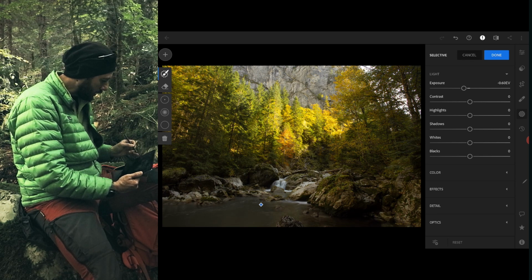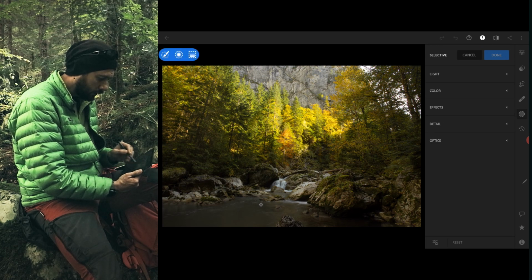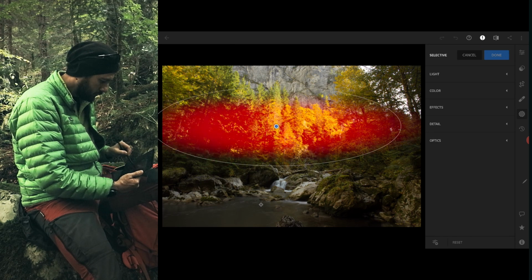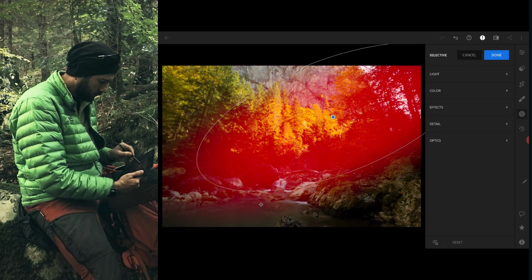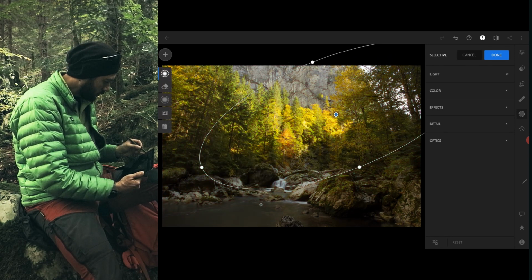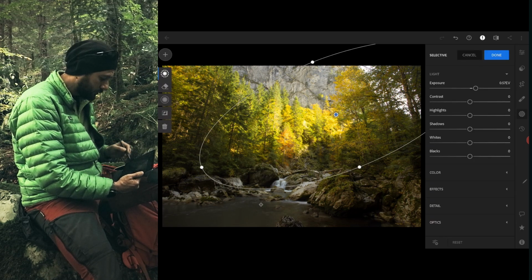So let's use a radial filter again, and introduce some more light into the scene.